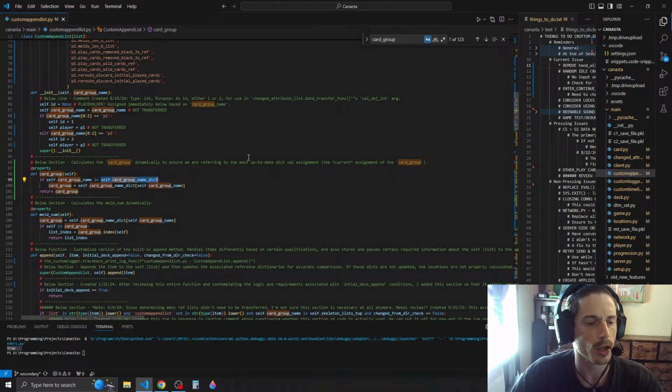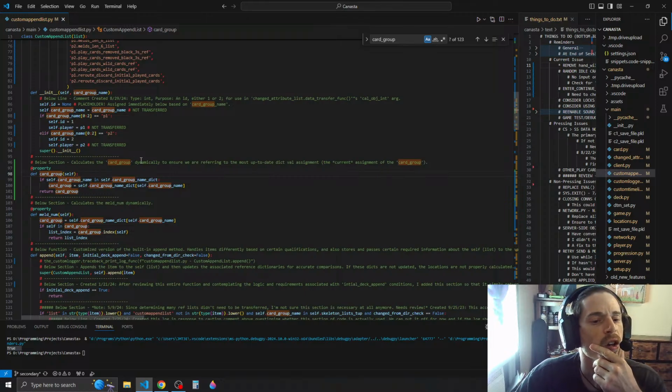Always triple check. If you're not 100% sure, make sure. Alright, so this is a calculates card group dynamically. It checks if the card group name is in the card group name dict, and then it assigns card group equal to card group name dict at card group name, and then it's going to return the card group. Now, the issue here will be